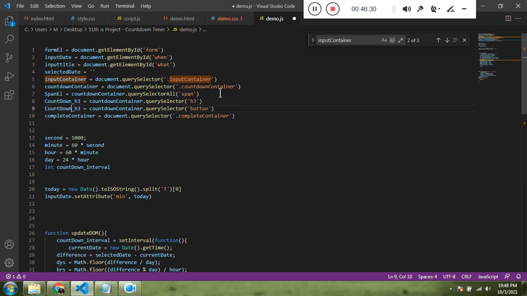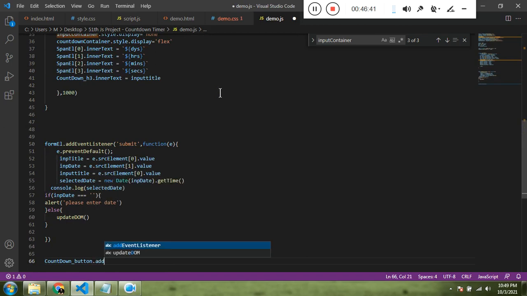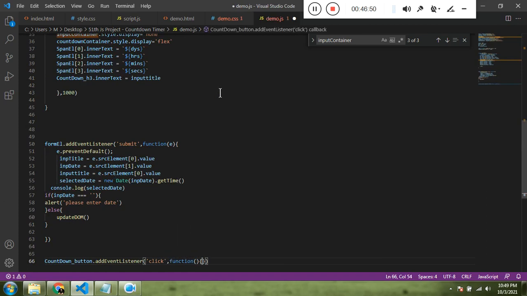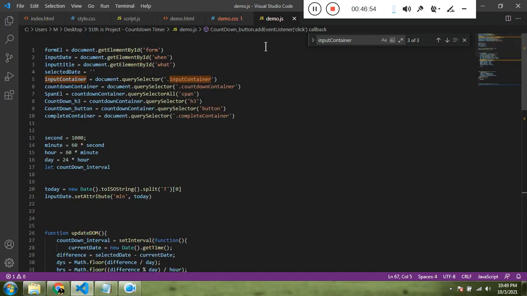Instead of h3, let's replace this with button. Now let's use .addEventListener. So if I click on it, I want a function to get executed, and that function should stop the timer. So here we have the timer variable,